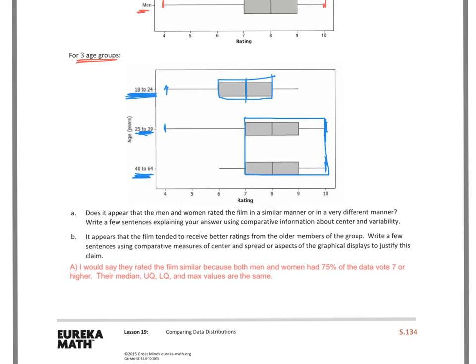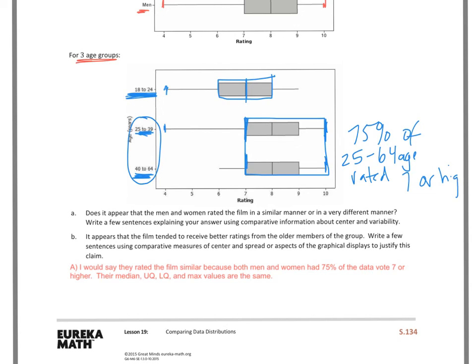Now, when we look at the piece of the data, 75%, so I'm looking at this piece here, of, I'll say 25 to 64 age, and I'm doing that to encompass or bring in these two groups, rated 7 or higher. When I look up at the same point, the 7 or higher, we have 18 to 24 age, 50% rated 7 or higher. So what this tells me is that people from 25 to 64 gave it higher ratings,